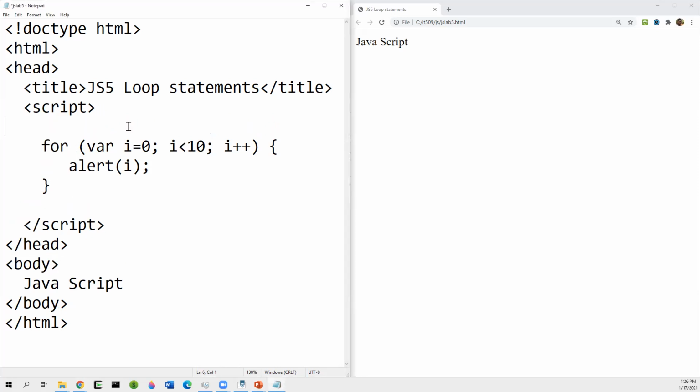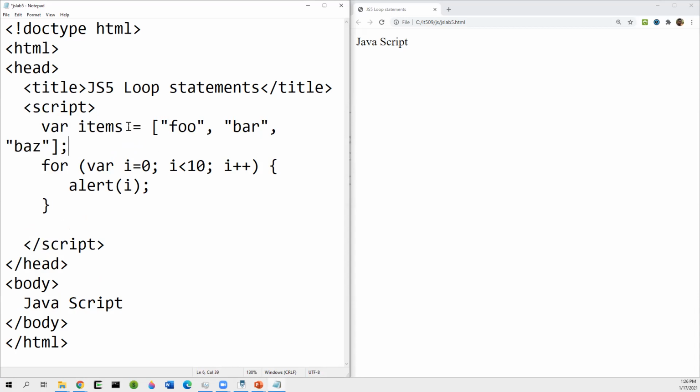So for example, let's say we have a var, we have a set of items. So this is actually how we define an array in JavaScript. And then we have, let's say these are the items,